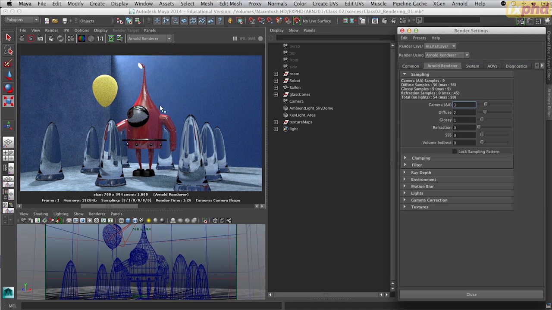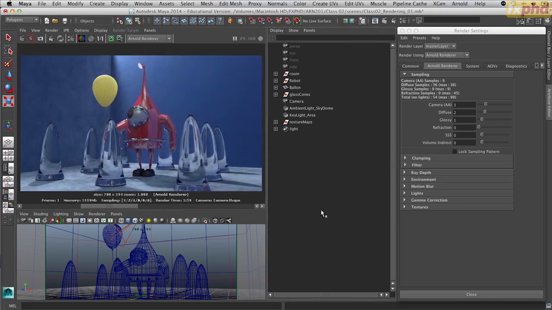So what you're seeing here at the moment is just direct specular information. So again, let's let that render go through. Okay, you can see now with this render that we've got a significant improvement in quality in the areas of diffuse, but we've also now introduced our glossy rays. So you can see a massive difference in those bounce rates, especially in this section here around his eye where